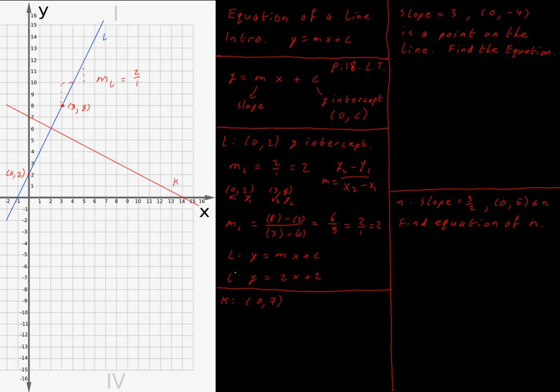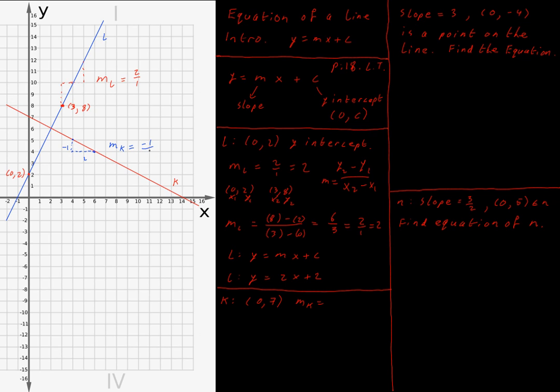And I have my slope, m k. I can start at any points that I like. So we'll say here to here. And why am I going from there to there? Because it's crossing the grid lines there and there. So I rise by -1, I drop 1, and I go across by 2. So -1, 2. So the slope of k then